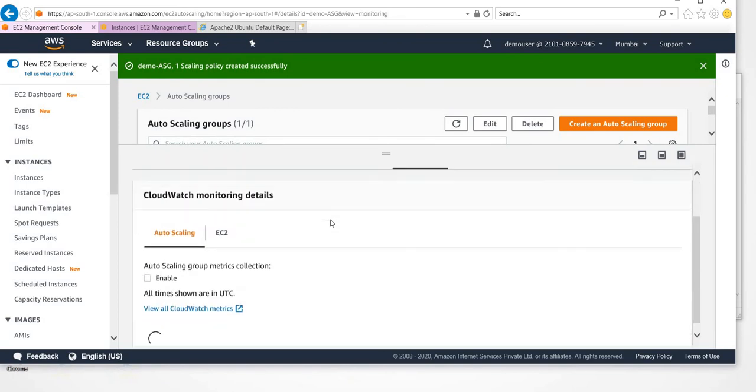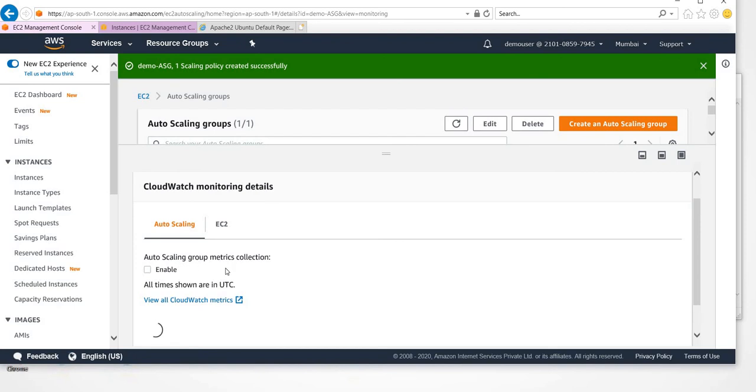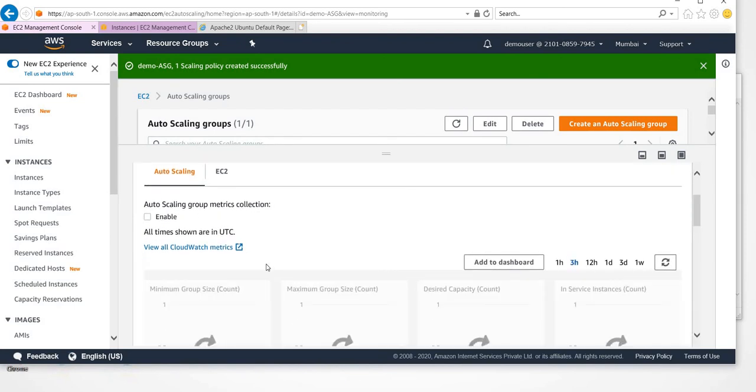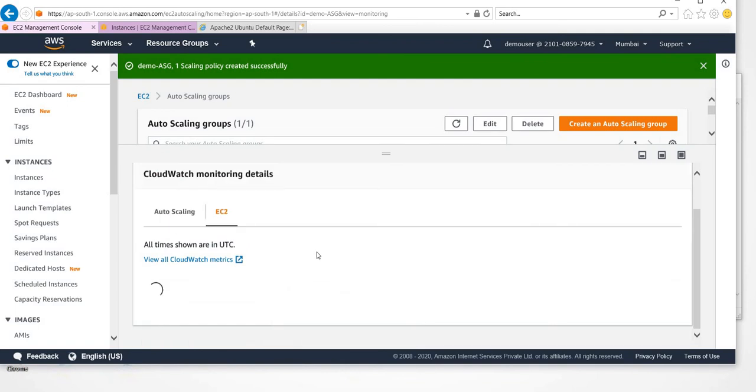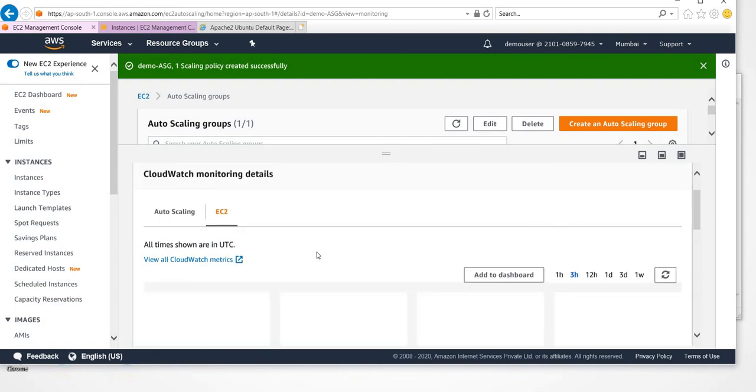And next one is the monitoring. With respect to the monitoring, this is CloudWatch metrics, right? Whatever the metrics which will get added, like minimum group size, at least one. Since we can't simulate more traffic to make the CPU utilization more than 70 to see whether the instances are automatically created and added to the target group, to test that, what we can do is terminate the instances created by the auto scaling group, right?